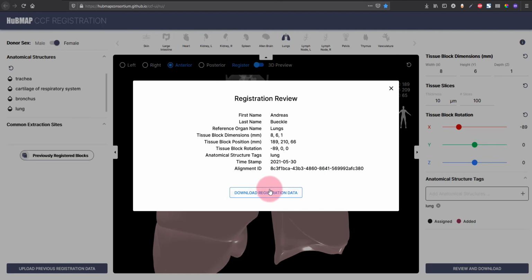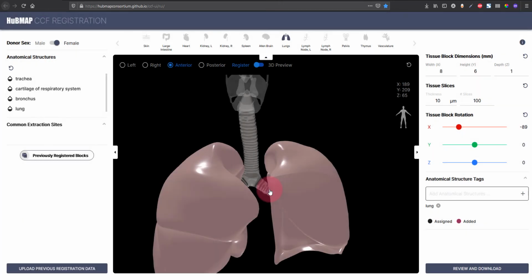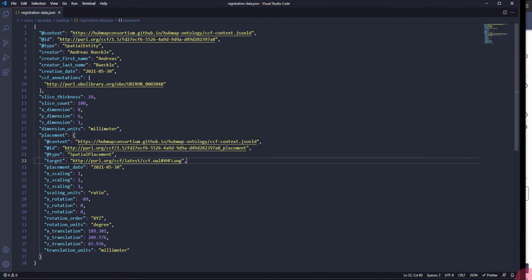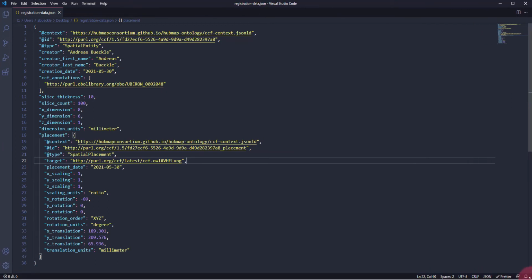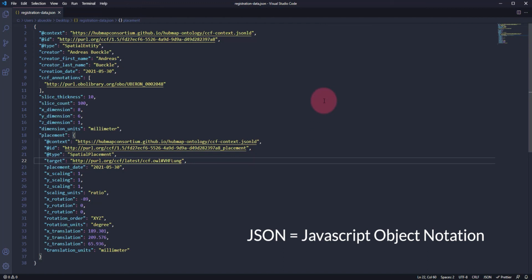So I'm going to go ahead and download this registration data to my machine. Here we go. And now let's have a little look at what this data set actually looks like. Here I now have the JSON file open that I just downloaded. JSON stands for JavaScript Object Notation, and that is the format that we chose to capture and share the data with some of the backend tools in the CCF and across HuBMAP.